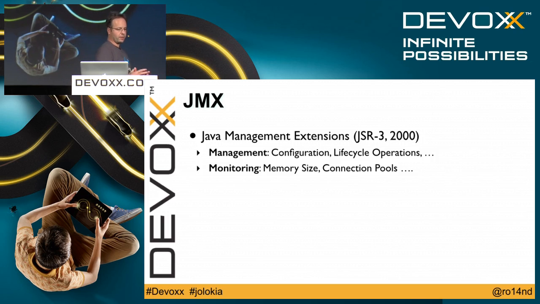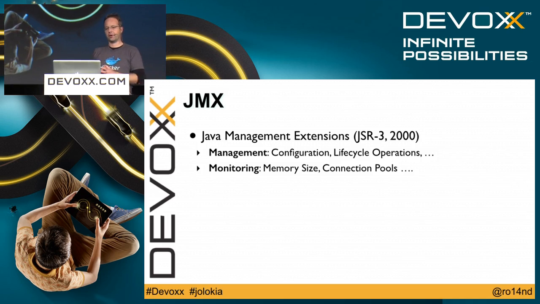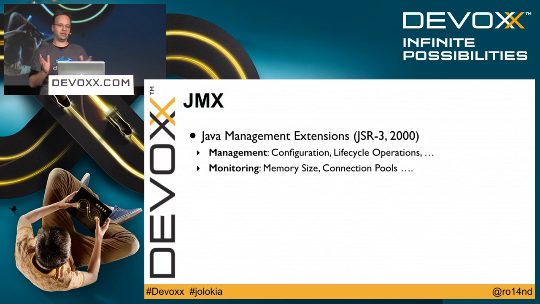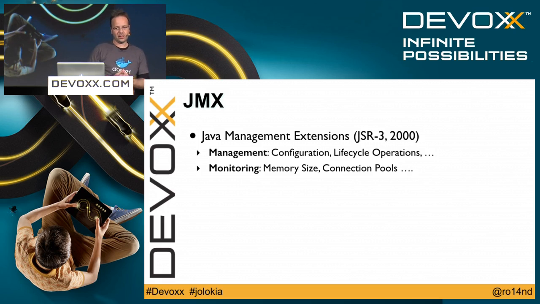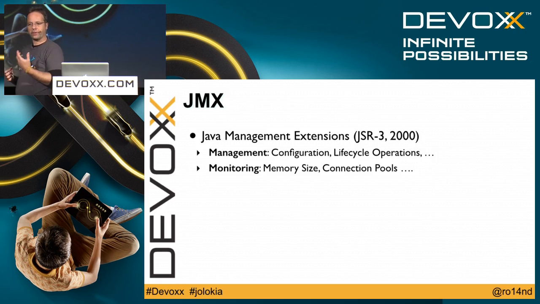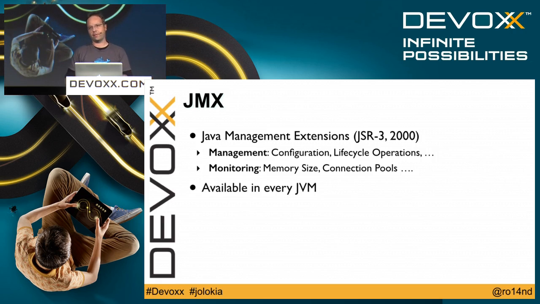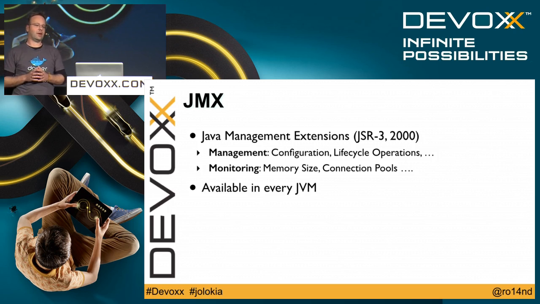And the other big part which JMX covers is monitoring, like monitoring your heap memory size, or the utilization of your database connection pools. These are all things which you can query with JMX. As I said, JMX is quite old, and although its API is a little bit rusty, in my opinion it's one very well-crafted API, and it has survived all the years. And the good thing is that it's available in every JVM out there. Since Java 1.5, you can be sure that JMX is there,